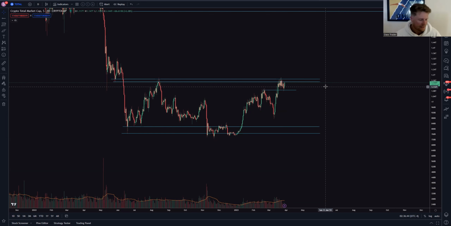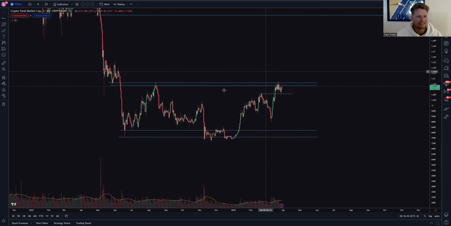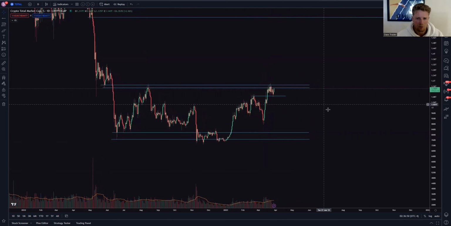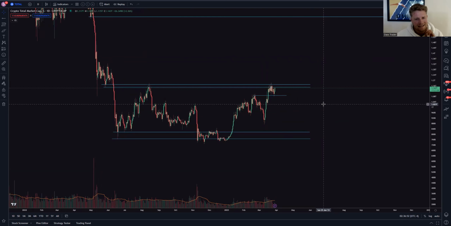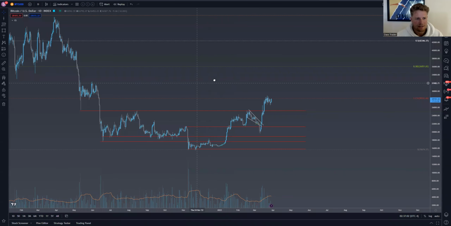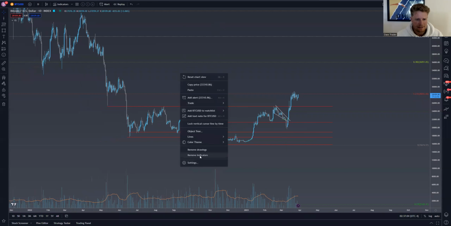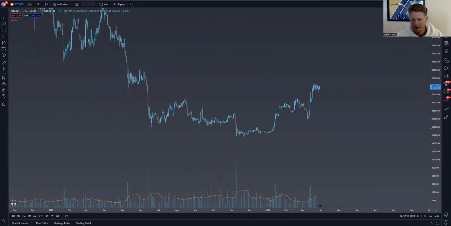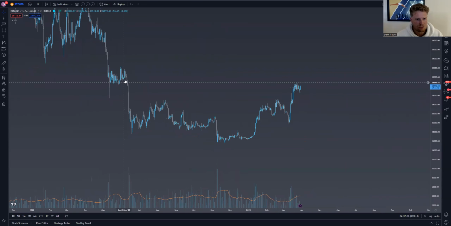Okay, let's get stuck into it. Basically, what we're looking at here is the Wyckoff accumulation schematic for total market cap and all of crypto. For me, comparing it against the BTC setup, in my opinion, actually looks a lot cleaner and a lot closer to the schematic. Anyway, so basically, this is the BTC setup, and we had a huge drop, and that was,